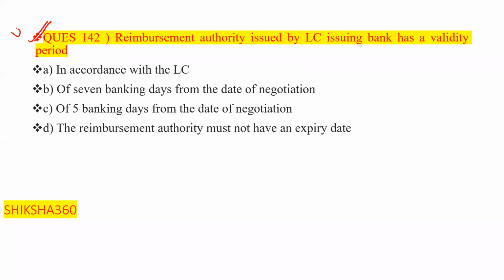That is under the URR 725. The reimbursement authority issued by the LC issuing bank has a validity period. So in accordance with the LC, no, this one is not correct, because the reimbursement authority, or we can say the reimbursing bank,